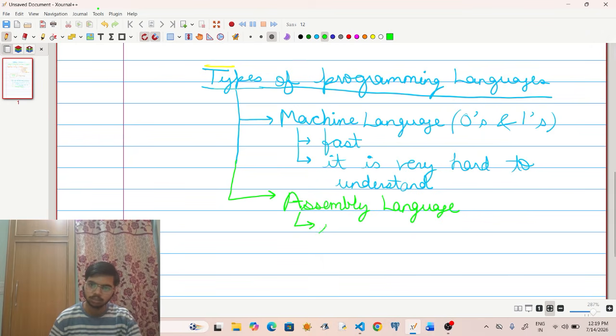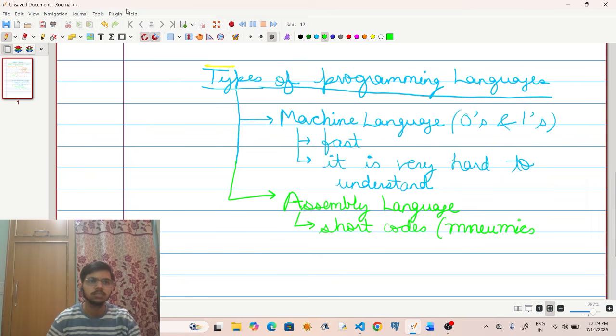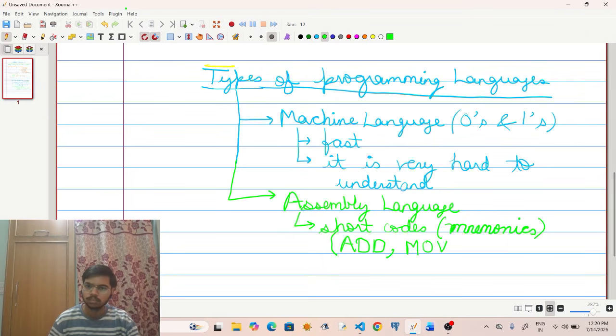It used some short codes, also called mnemonics, which are basically the short codes or short forms to give the computer some instructions which it can understand, such as add, move, sub.